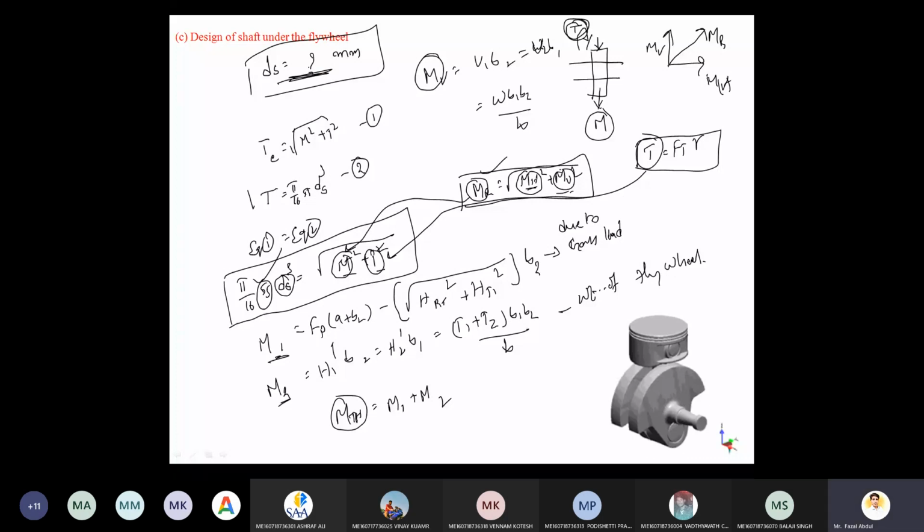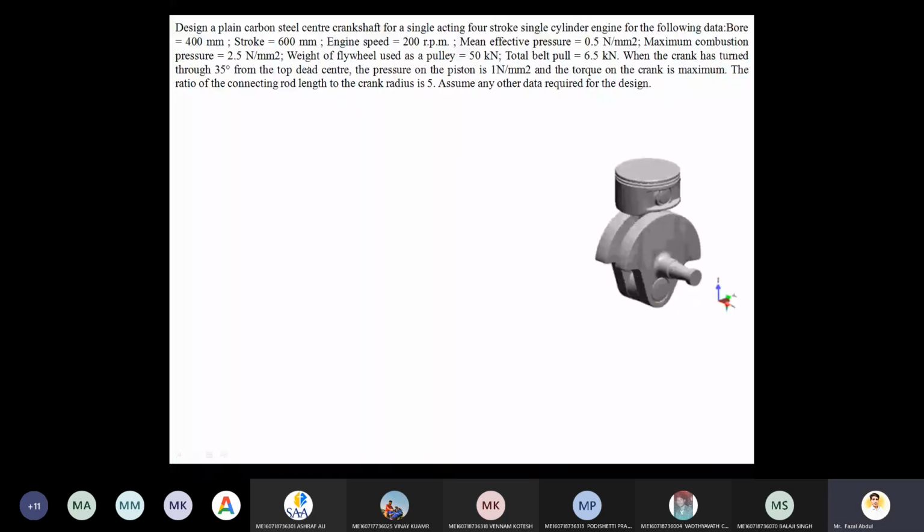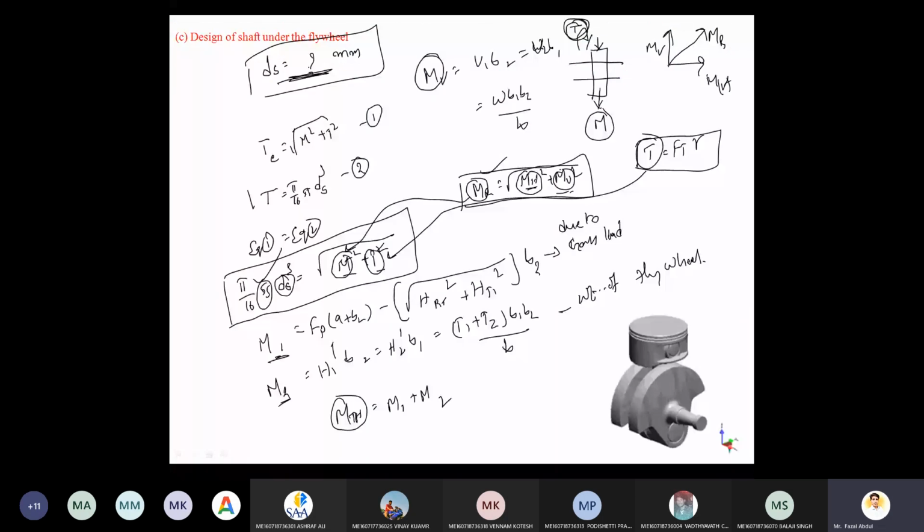Okay, and next one. So with this, the design procedure of the entire crankshaft is over. I'm repeating again. There are two types of crankshafts. First one is a side crankshaft. Second one is a center crankshaft. For side crankshaft, only one